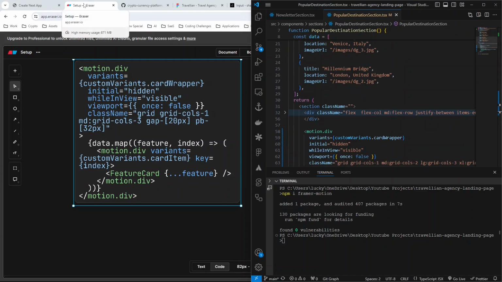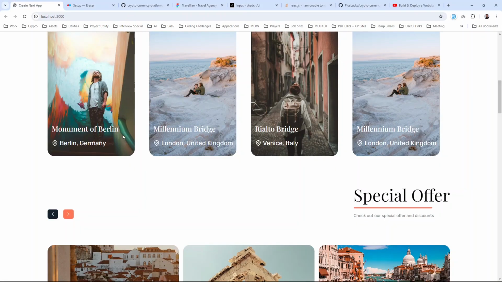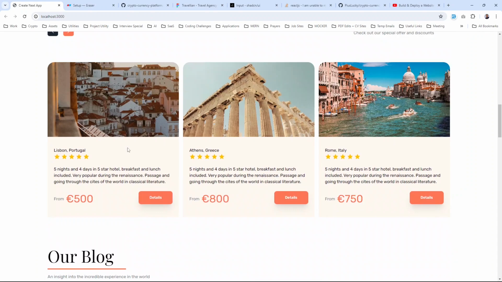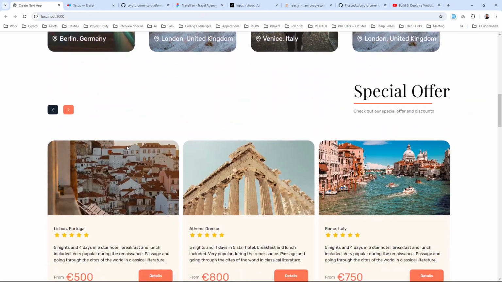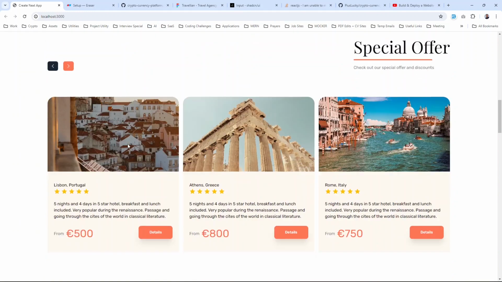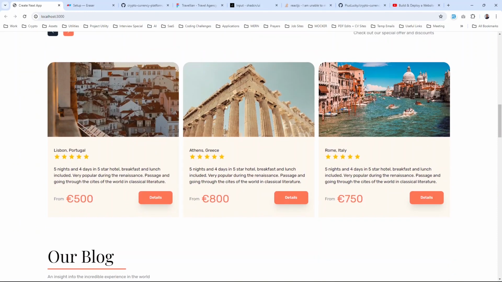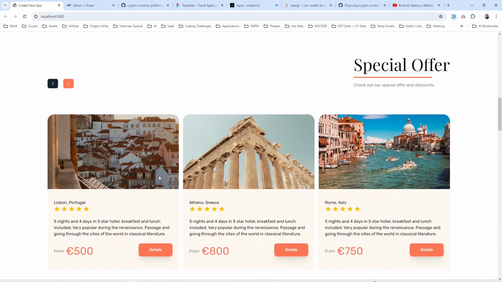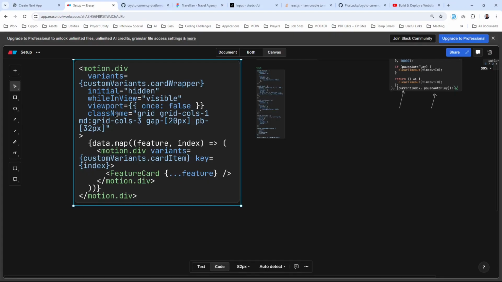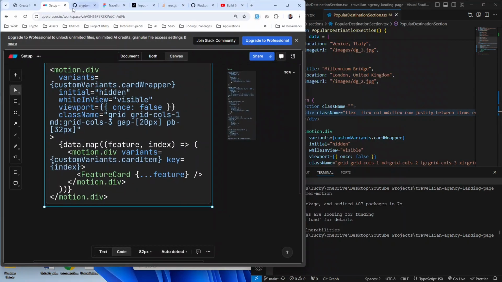So now the other thing that I think is very vital. We're going to convert it into a variant, by the way, is this other part of it. So now what I want to do is, I think we can actually add the same sort of animation to this part, if you don't mind, to this card, special for card. That's why I think using variant is very cool, because you can reuse it as much as you can. So what I'm gonna do,